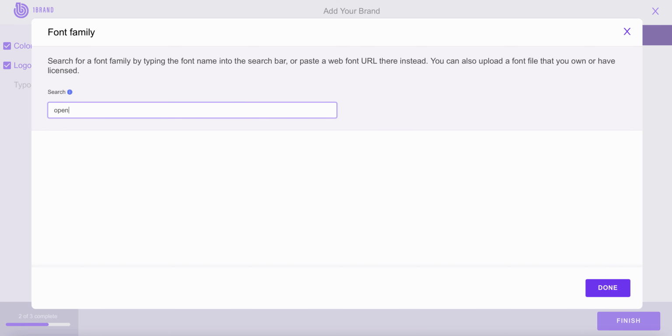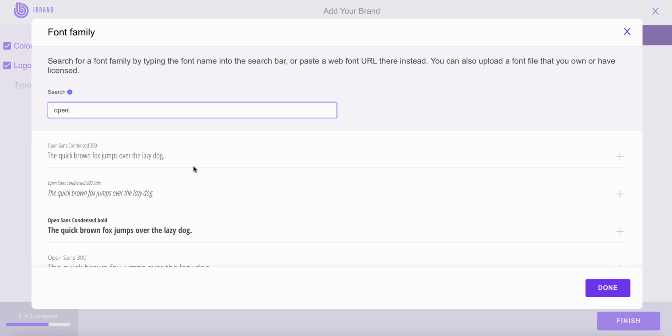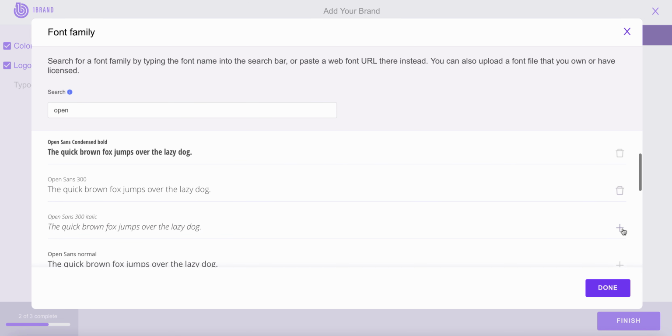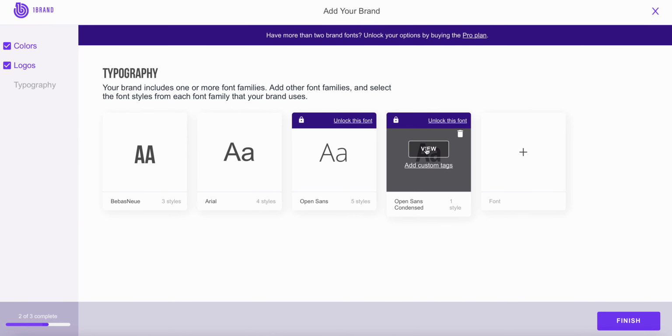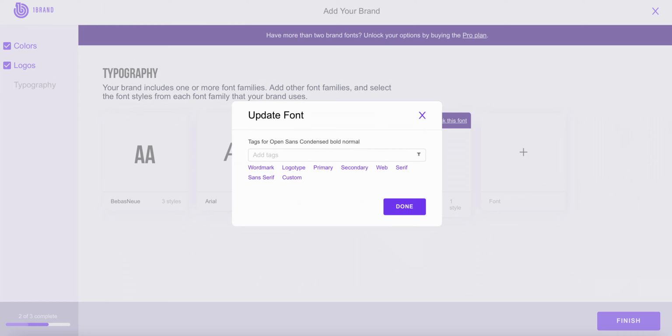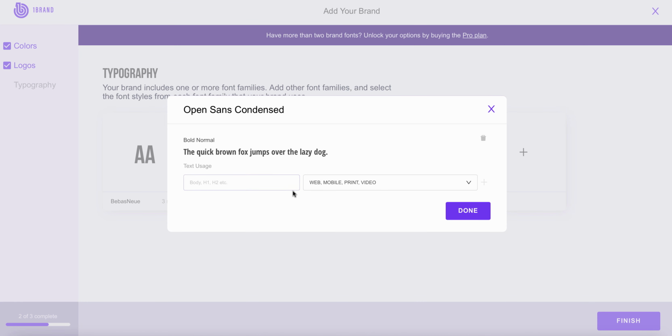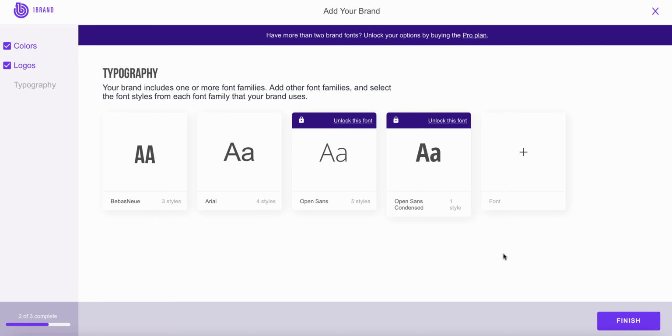So in this case, we're looking, let's say, for Open Sans. You'll see all the different options here. Simply choose which ones you want, click done, and then go ahead and go through the process of customizing those tags and titles and customizing those use cases. When you're done, just click finish